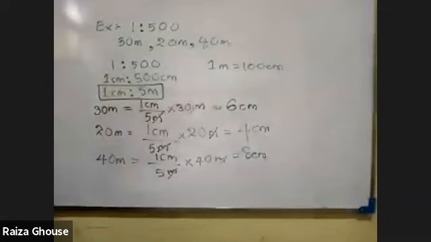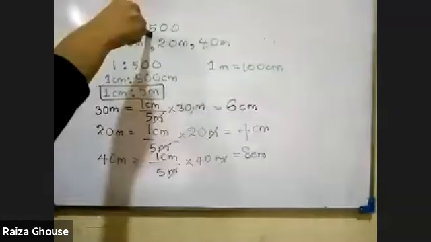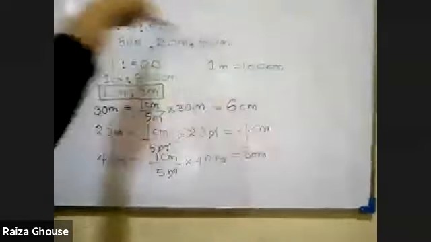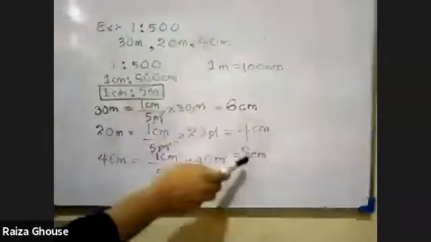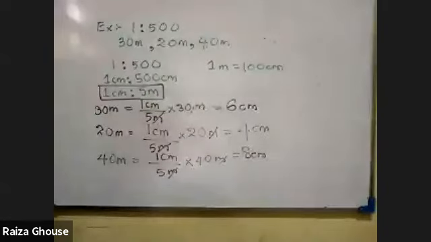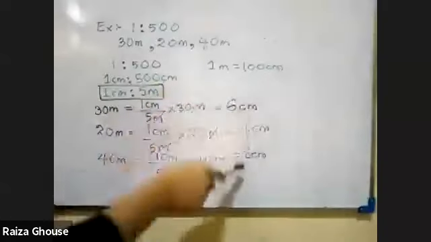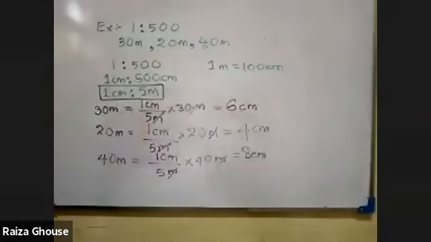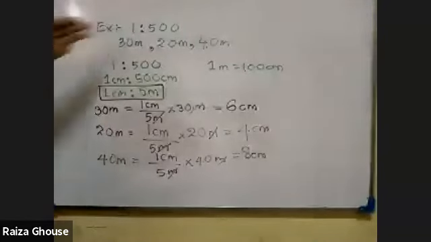So this is what we call scale length. The scale ratio is given, the real actual lengths are given, and we have to find this. Somebody asked me, should we draw? Now listen, when these lengths are taken, you have to draw your diagram: 6 centimeter, 4 centimeter, and 8 centimeter. Whatever diagram they're asking you to draw, you should draw with the measurement you obtained, the scale measurement. Now, is this clear, children? If it is clear, copy down. Start copying down this example.